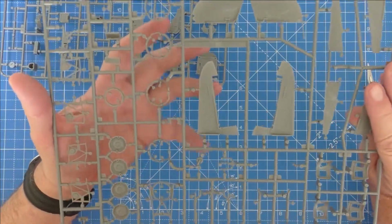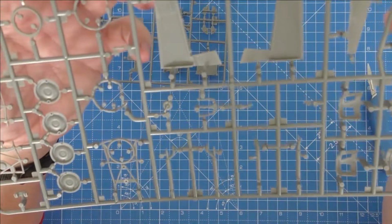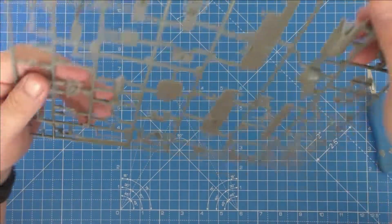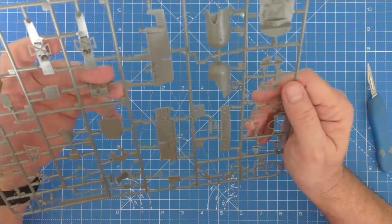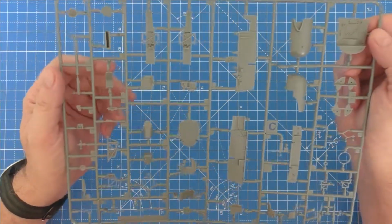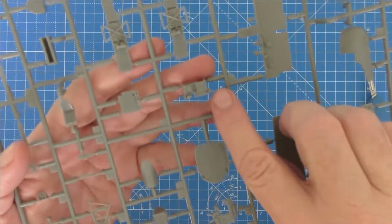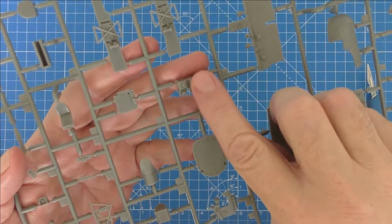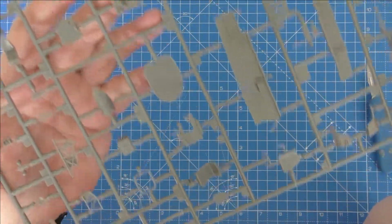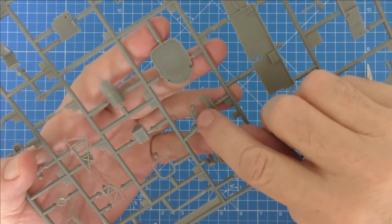And that's the other side. You've got the tail wheel there. Yep, that's nice, we like that one. Then presumably some of the interior parts here, bulkheads and things like that. Looks like the radio is reasonably well detailed, got raised knobs and switches and things on it, nicely done. You've got, looks like the throttle quadrant here,